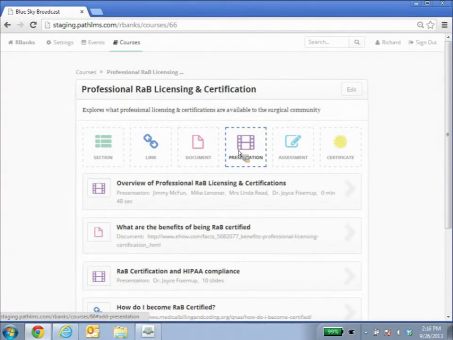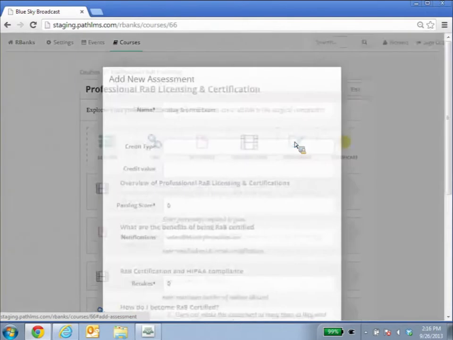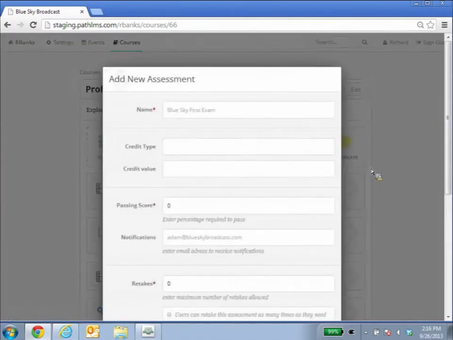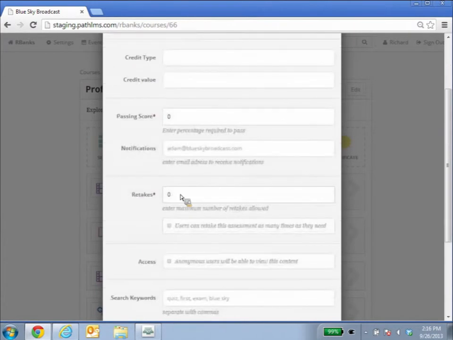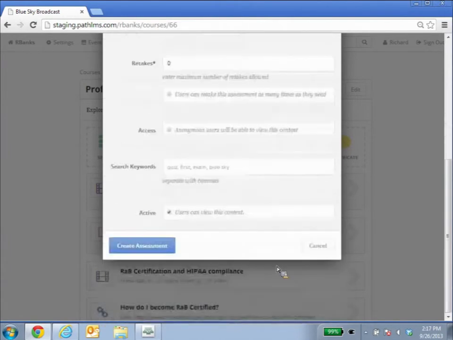Now, when we start talking about events, our event CLC, we add the assessment and the certification component, as well as the events tab, which we'll go through shortly. Creating an assessment is incredibly simple. What it allows us to do is define that assessment, assign credit types and values to those, determine what is a passing score, who would be notified within my organization, the number of times that user can ultimately retake it, whether they have to log in,